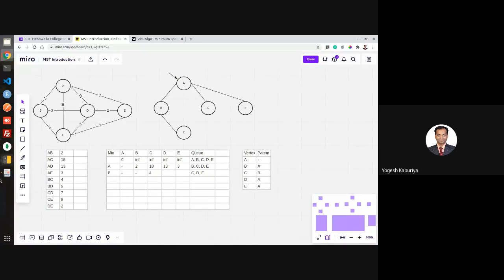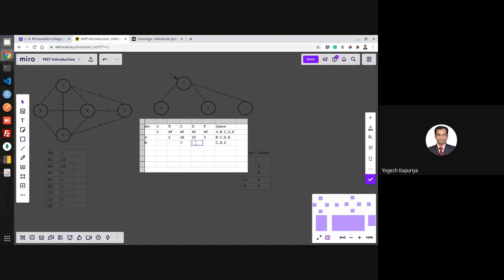Next, what is the other edge that remains? BD. What is the key of D? It's 13. What is the weight of BD? It's 5. 5 is less than 13, so this will be changed to 5.